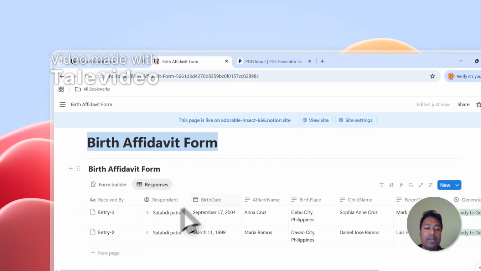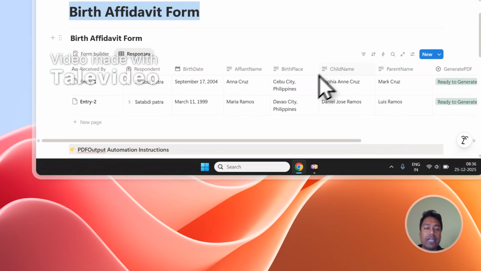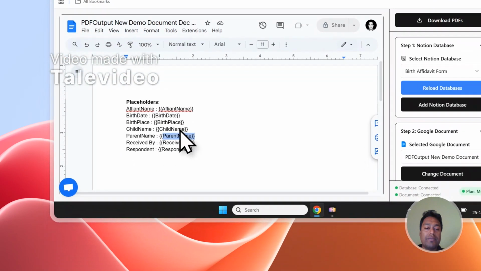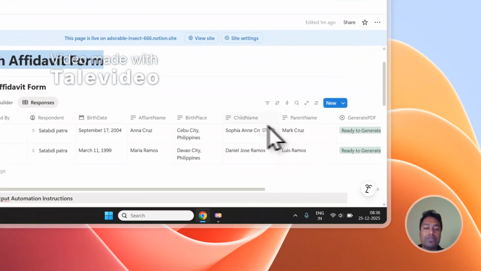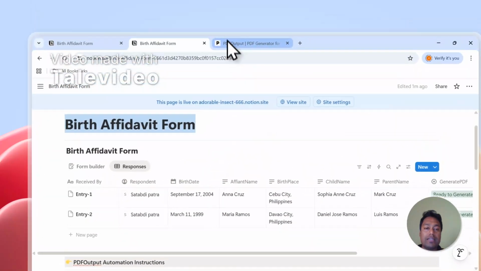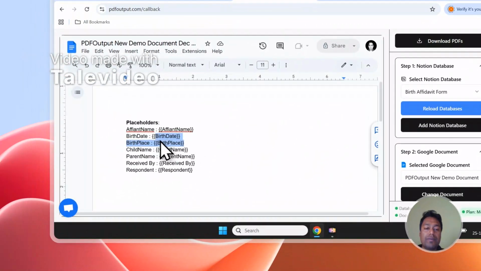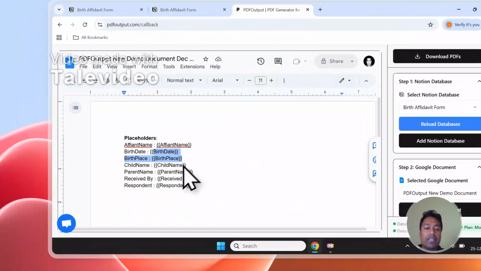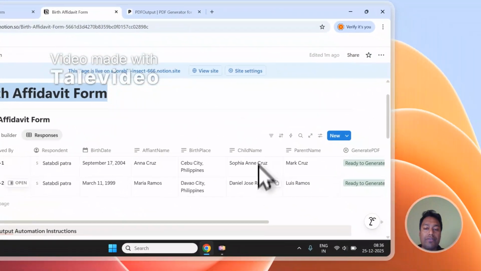Like we have the respondent, birth date, affiant name, birthplace, child name. All these fields are showing inside double curly brackets that you see over here in the document. So when the PDF is generated, all these fields inside double curly brackets will be mapped to the database values, and the document will be created. As an example, the birthplace will be mapped with the birthplace value that you find over here. Similarly, the child name will be mapped with the child name value that you find over here, and so on